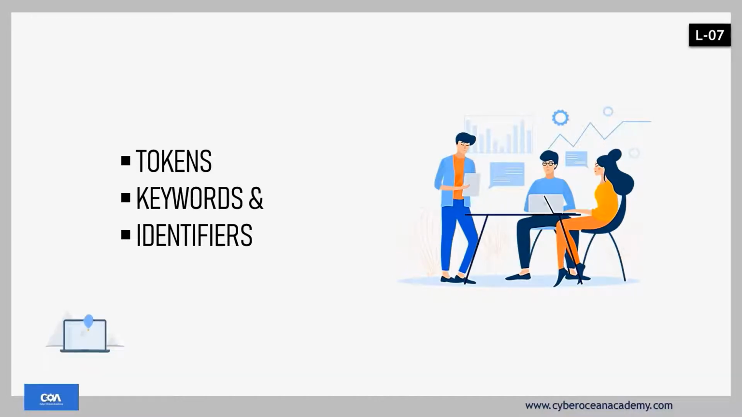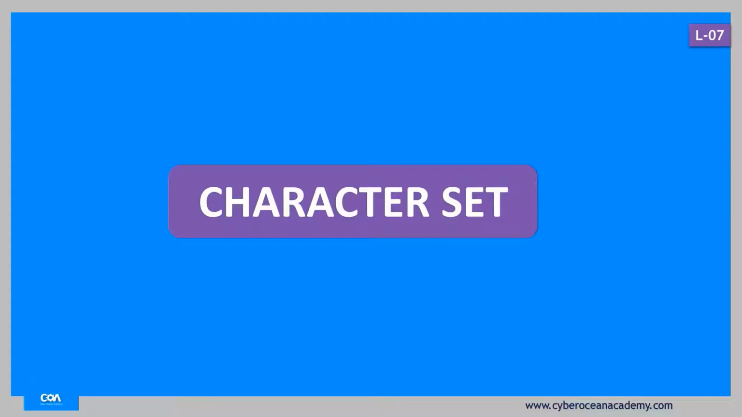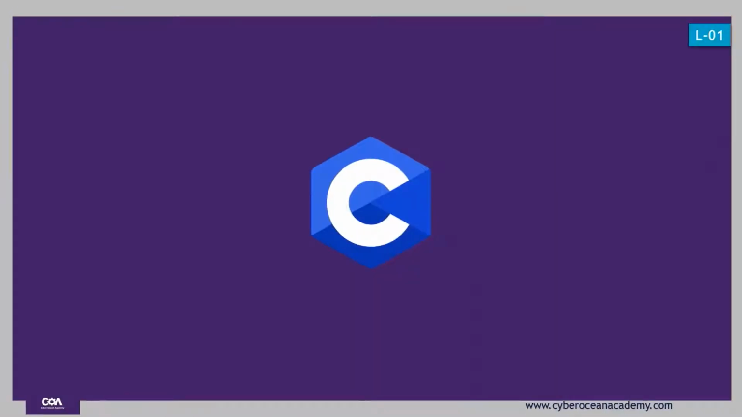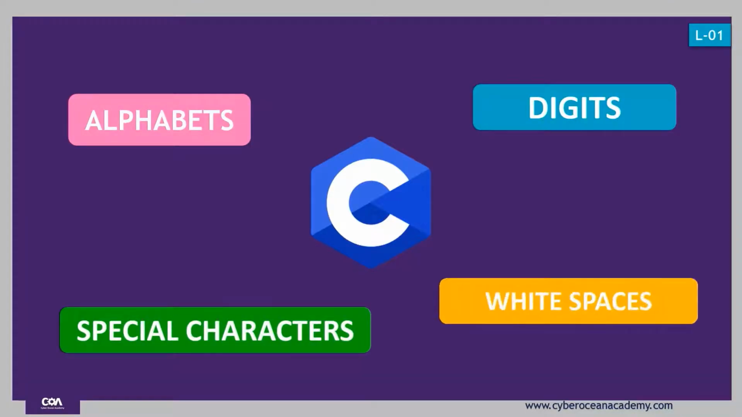Like any other language, C language also has a set of symbols and characters. When you wrote your first C program, obviously you used various characters and symbols. And that combination of characters and symbols is collectively known as the character set. A character set in C programming can be divided into alphabets, digits, special characters and white spaces,